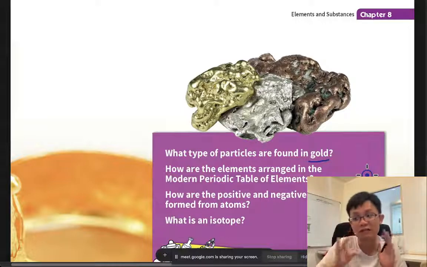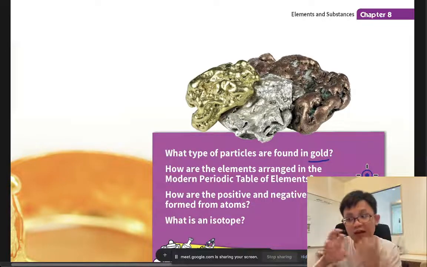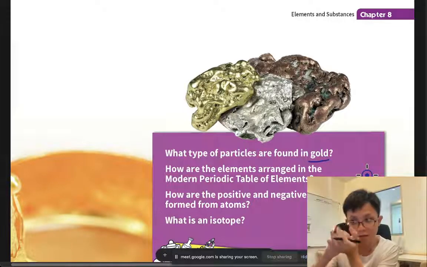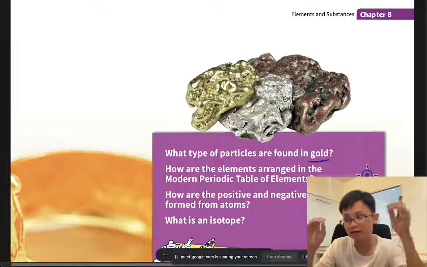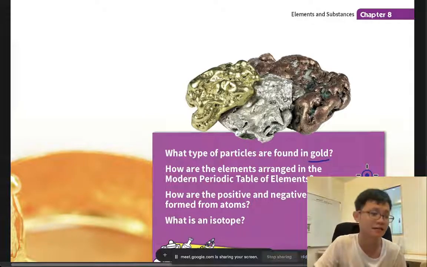Later we are going to learn the difference between a compound and an element. Compound means it can change. You can burn it, and then it will mix with oxygen. You can burn the rock, and then the rock will melt. Once melted, the oxygen will enter, something will happen, and the rock will become another rock. There's a difference.